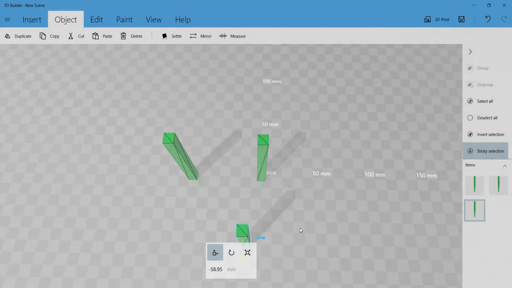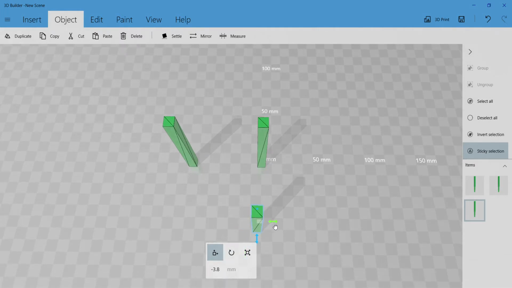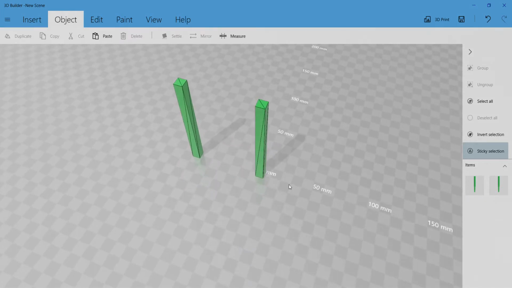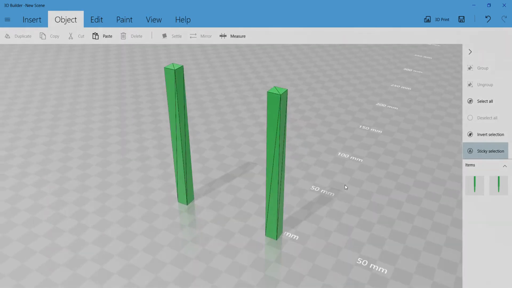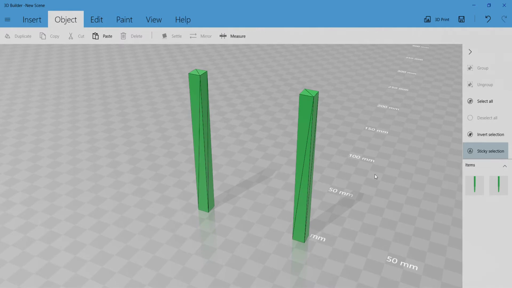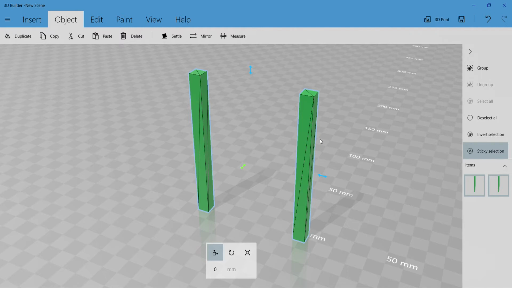So I do that, and then I have to kind of eyeball it or assume that it's lined up, and in this case it's not. Now for me it's easy to line up, but for kids, especially who've never done 3D, it just means more work for them. So to keep it simple, I'm going to have these two selected, and before I continue,